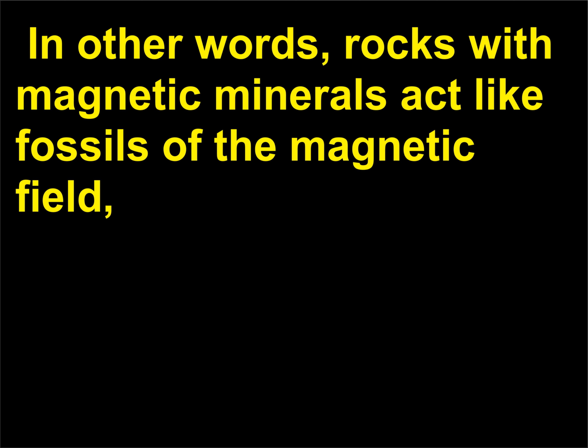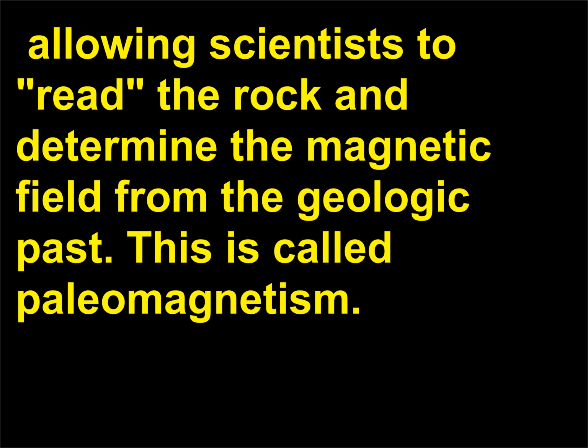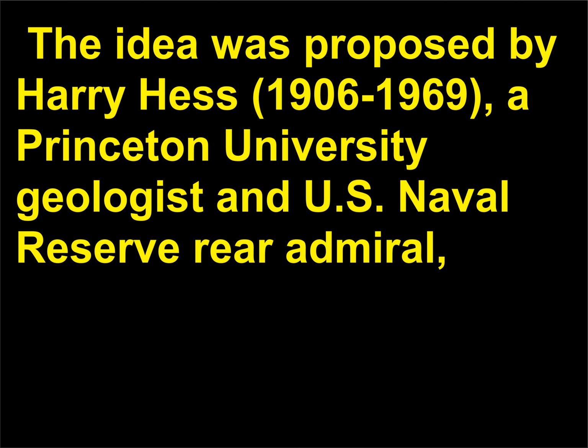In other words, rocks with magnetic minerals act like fossils of the magnetic field, allowing scientists to read the rock and determine the magnetic field from the geologic past. This is called paleomagnetism. The idea was proposed by Harry Hess, 1906 to 1969, a Princeton University geologist and U.S. Naval Reserve Rear Admiral,